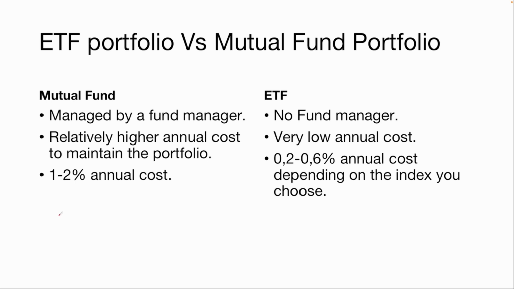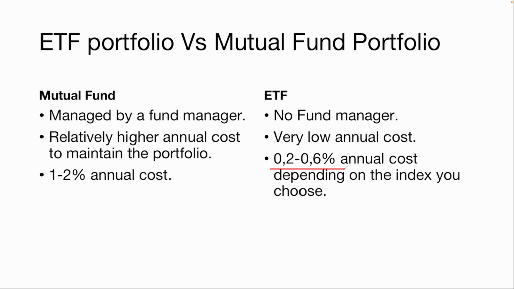The other important aspect of a mutual fund is the annual expense ratio. A mutual fund tends to be costlier compared to an ETF to maintain on an annual basis. For example, the mutual fund has an annual expense ratio of between 1 to 2%. If you compare that to an ETF, which is 0.2 to 0.6%, because there are not a lot of buys and sells, as well as there is not a big team working in the back end analyzing the market and making those trades and so on.